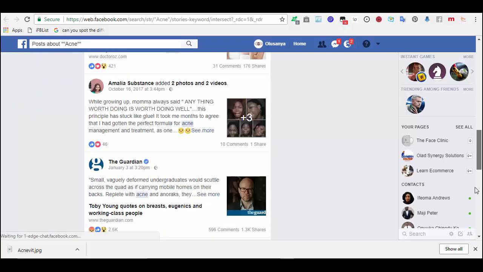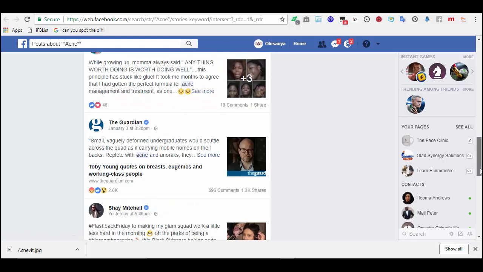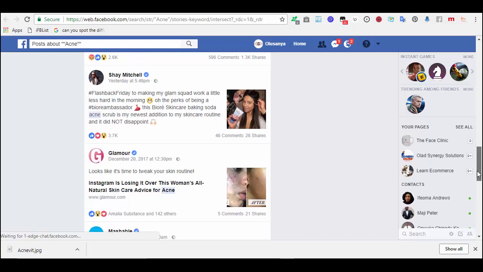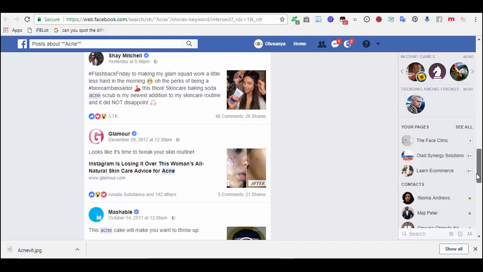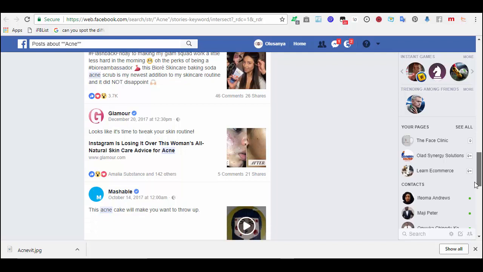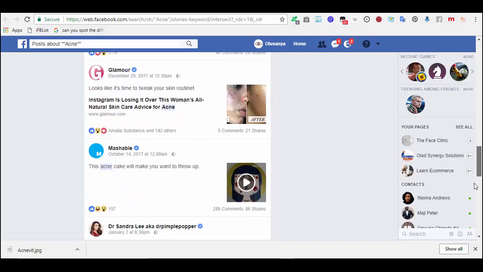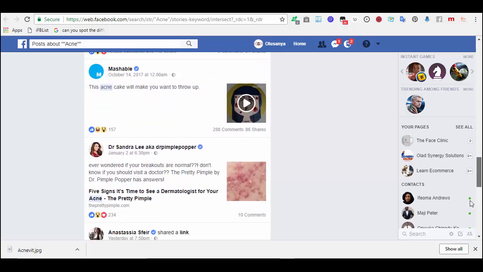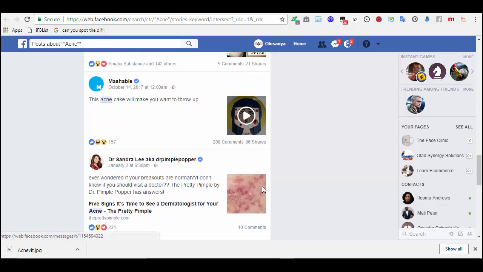You can come across something that might help you. This one looks like it's time to streak your skin routine. This one is glamour.com. Okay, this one is the acne cake will make you want to throw up. Let's see this.